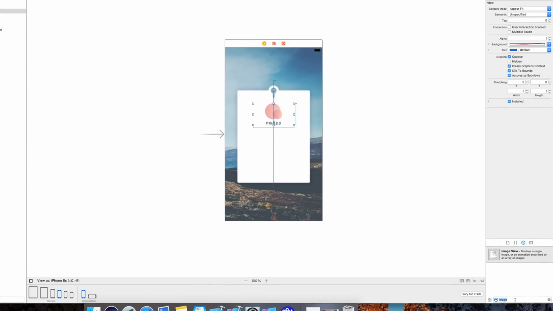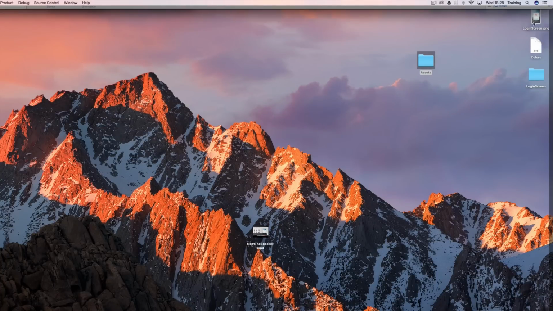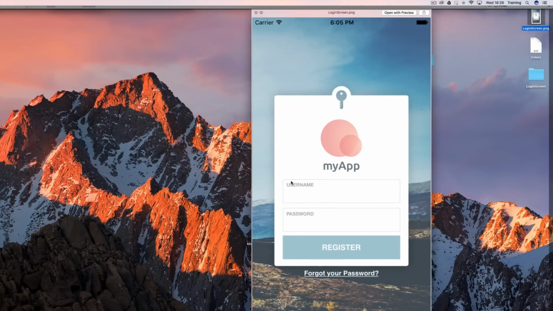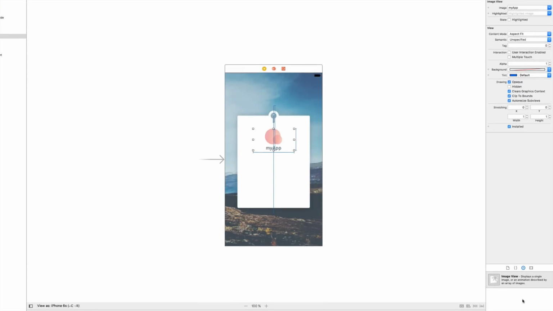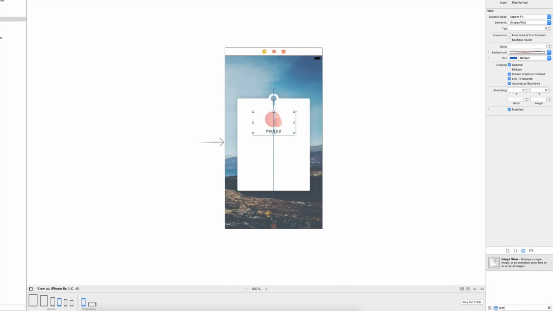custom text fields. If we have a look at the design again, you can see that the text fields do have such a solid border, and they also have a label indicating what we should place in there, which means that we also need kind of an edge inset that we need to apply to the text we're putting into our text field. So let's first of all start really simple by simply adding a text field or two to